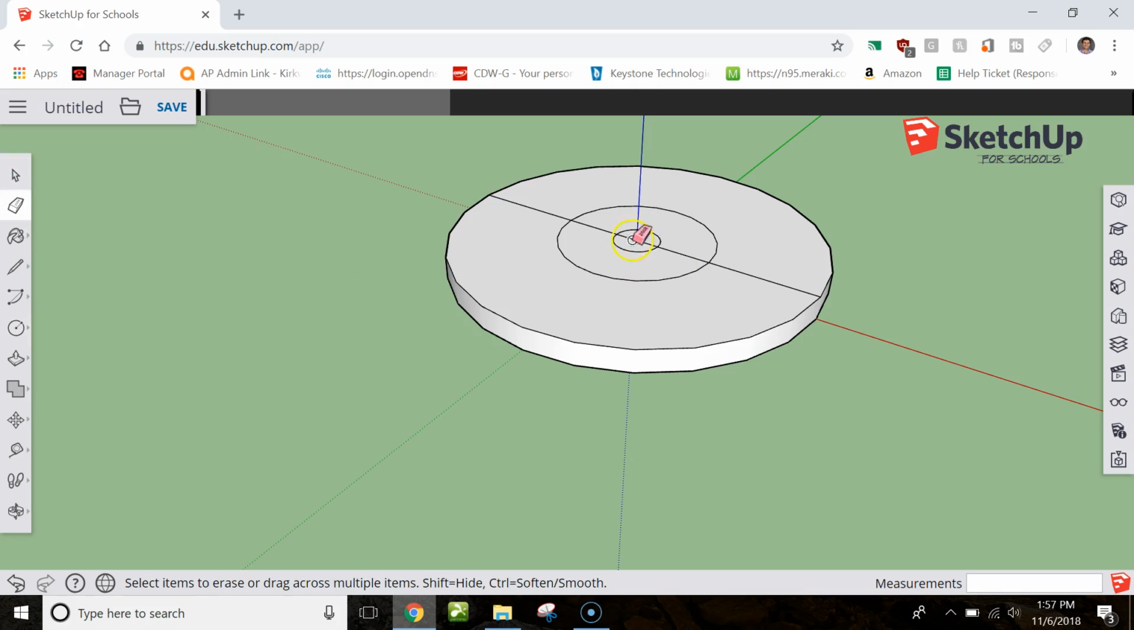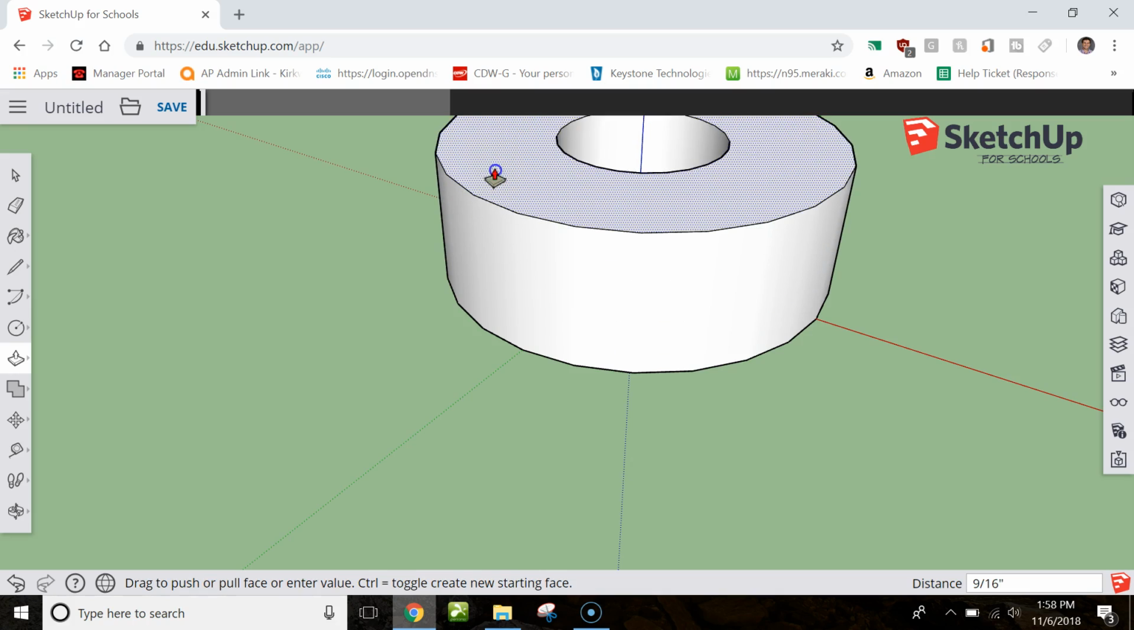Next, we take our eraser tool and let's erase those lines we've made. Erasing that one. And then we're going to take our select tool, delete the center right there. And then we're going to take our push-pull tool and we're going to raise it up just to a random height. And the rocket engine itself is